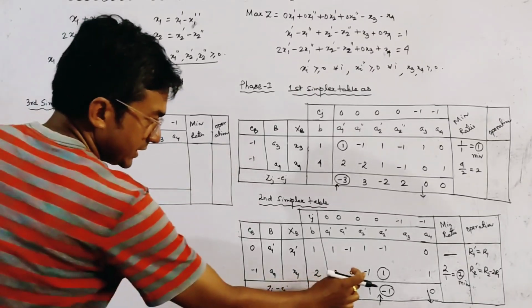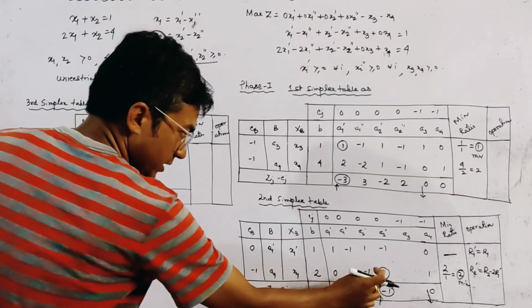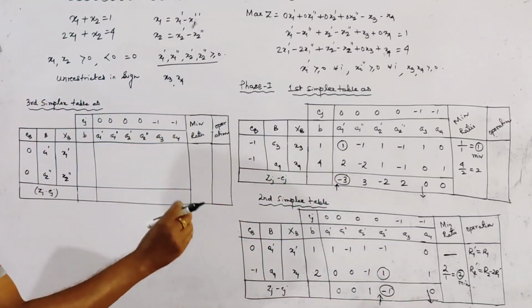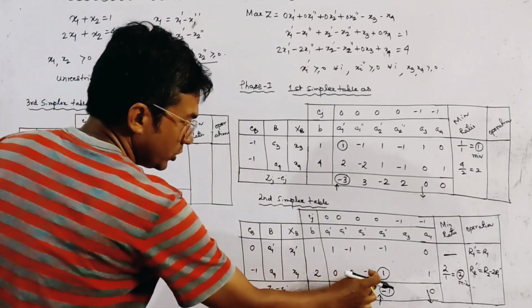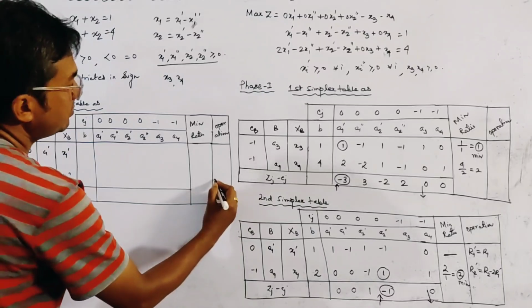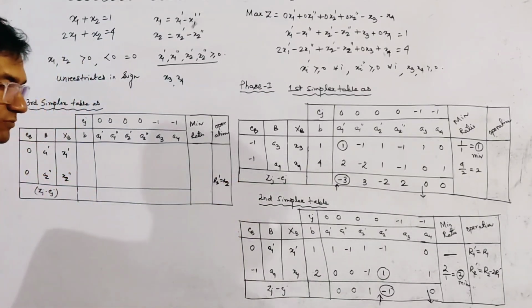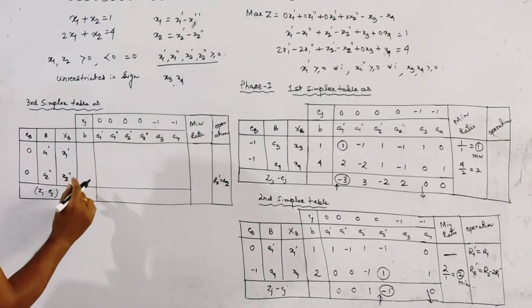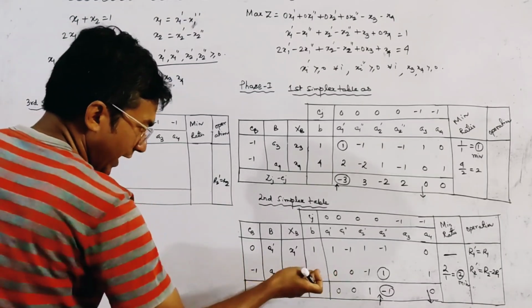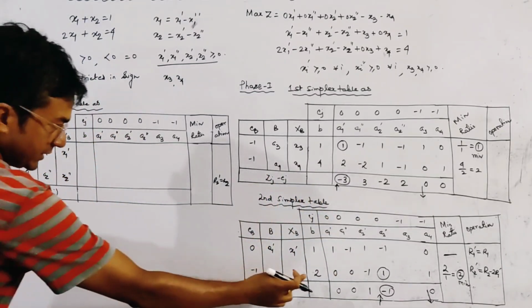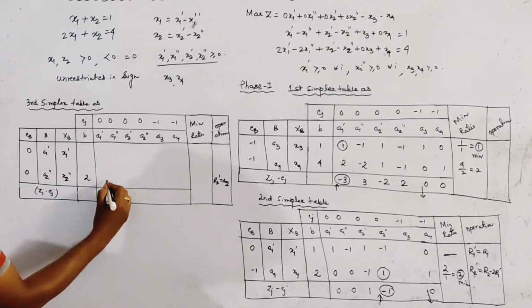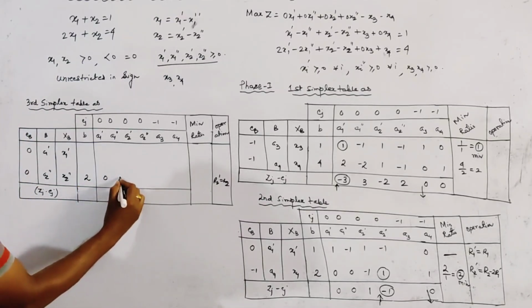And since here also the key element is 1, the operation of this row remains the same. This is given by R2 dash equal to R2 itself. Okay, so we write the second row as above, that is 2,